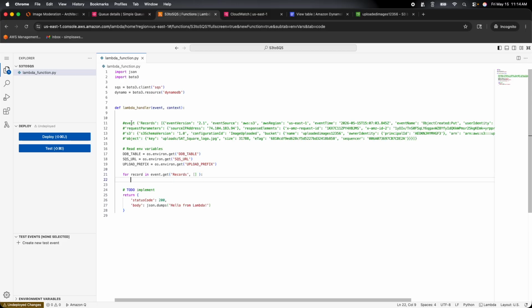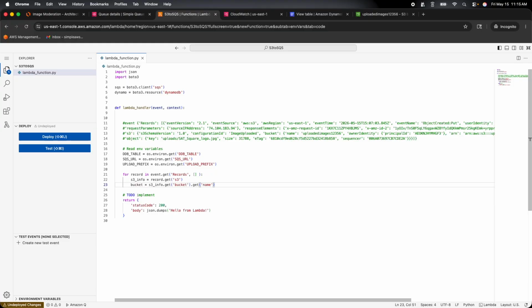If you notice, the event parameter has a Records list, so we are going to read from there. And I'm going to say s3_info is record.get s3, so essentially it will have this information. And from there, let's read the bucket. So bucket will be